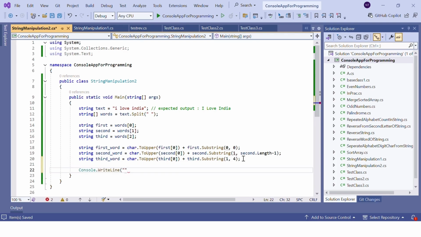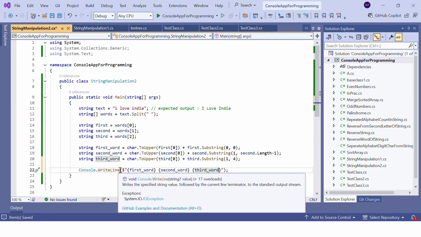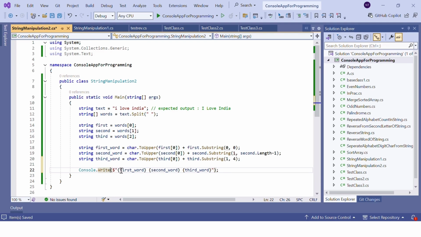Now we just need to print it. For that, type Console.WriteLine and use interpolation again for these 3 strings. In the first one, write first word. In the second part, paste second word, and for the third, paste third word here. Save it. Here we want all these things on the same line, so instead of Console.WriteLine, use Console.Write. That's it. Save it